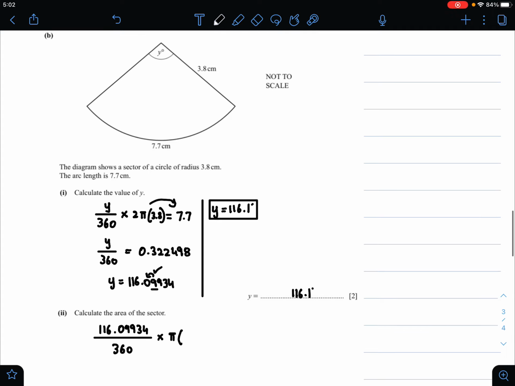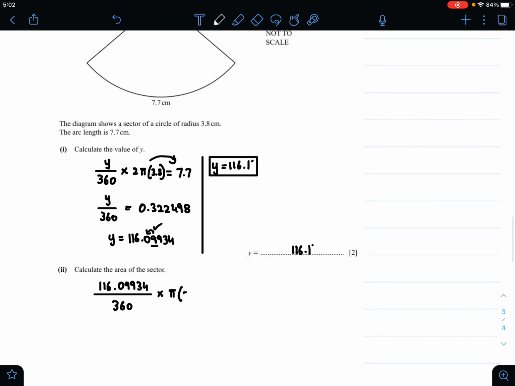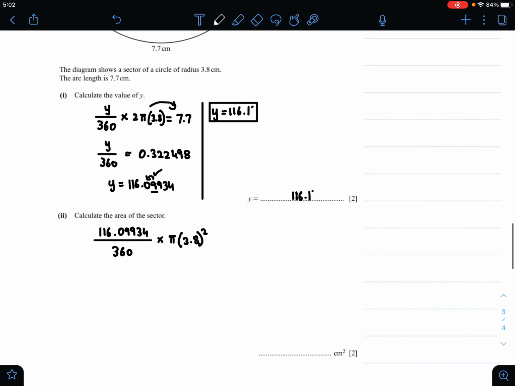Now r, as they've given us in the question, is 3.8, so 3.8 squared. So now all we need to do is simplify our working. So 116.09934 divided by 360 is equal to 0.32249 multiplied by pi multiplied by r squared